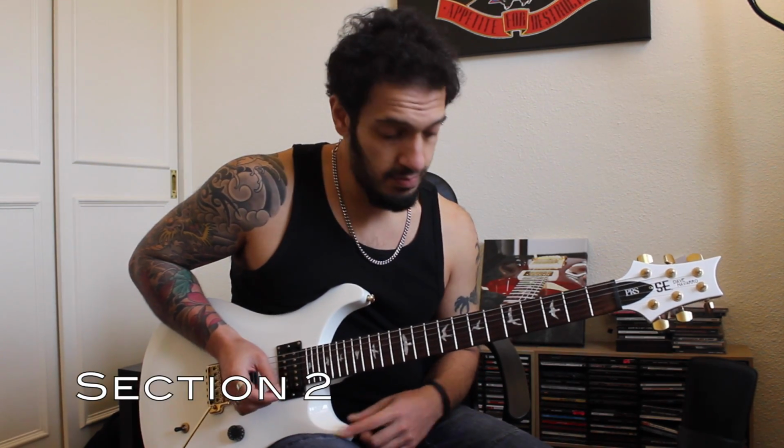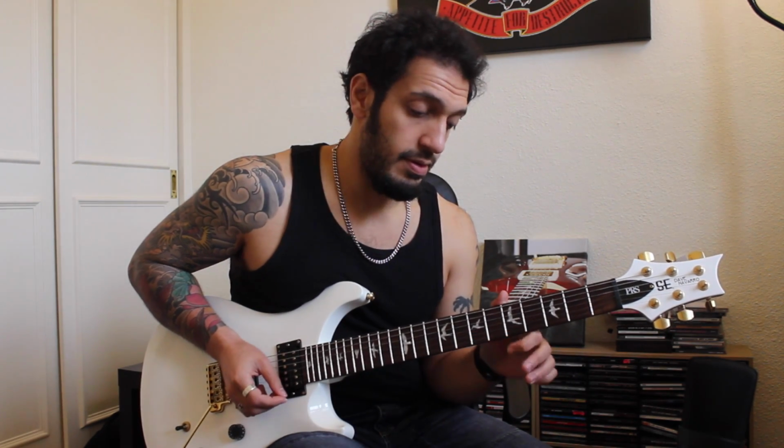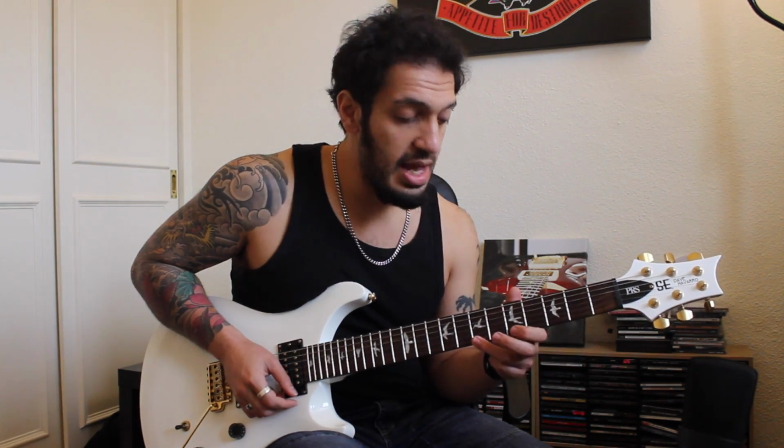Alright, let's take a look at the second section. I'm going to start off with a leading open note on the 1st string, and then I'm going to pick 8 and pull off to 5, and then pull off to the open note. So it'll go. And then from there, I just want to hammer down from that pulled off open note to 7 and then pull off 5 opens. So we should have,